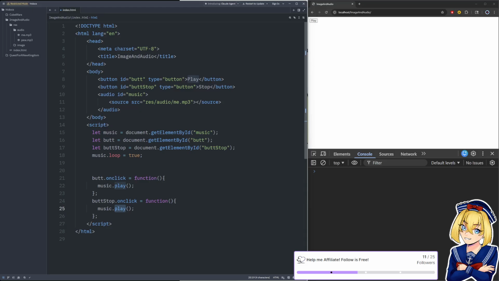So you cannot stop audio, meaning don't play it anymore and reset the track back to the beginning. You can only pause. So what we're gonna do is say music.pause, which is going to stop it from playing, but keep the track in the same place.